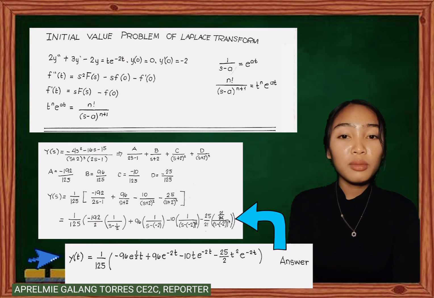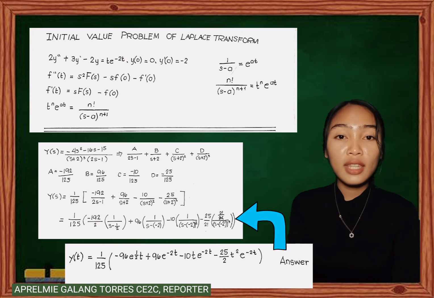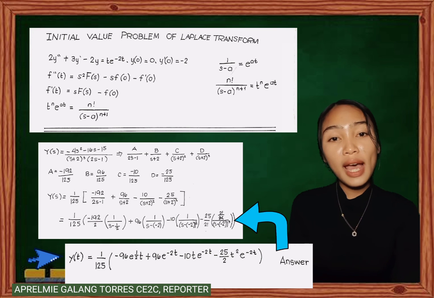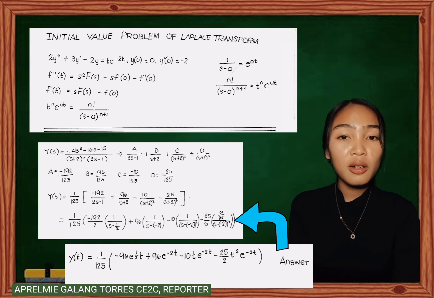Then in our second formula, we're going to have minus 10, and notice that we're converting it into something that looks like this. So minus 10 times t, so we have t to the first power, which is just t, and then multiplied by e to the at. We know that a is negative 2, so we have e to the negative 2t. And then for our last fraction, we'll have minus 25 over 2. And again here